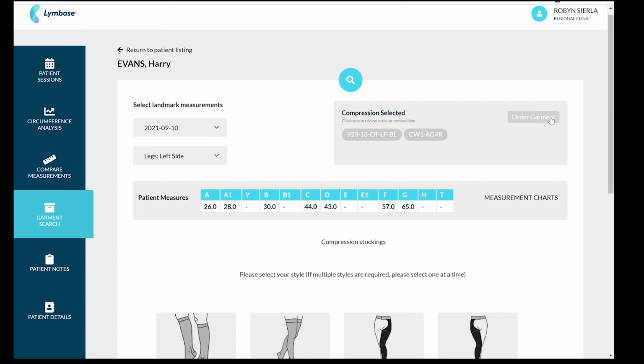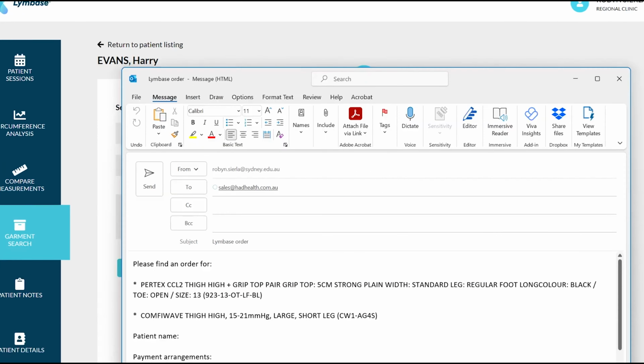what you'll see is that it creates an email. And that email has the requirements to create an order. So it's already got the email address, it's got the items that you've requested, and then you add in your patient's name, the payment arrangements, and the delivery address. And if there's anything else you want to add, if you wanted to add a T-heel, something like that, then you can add that here. If you want to make it a quote rather than a purchase order, then you can just edit this email